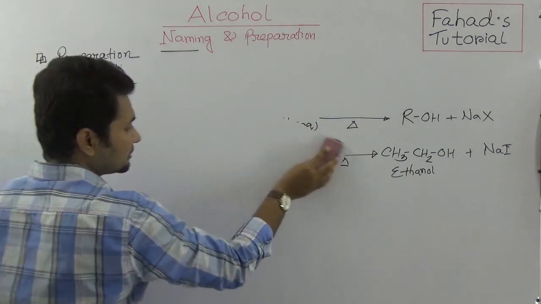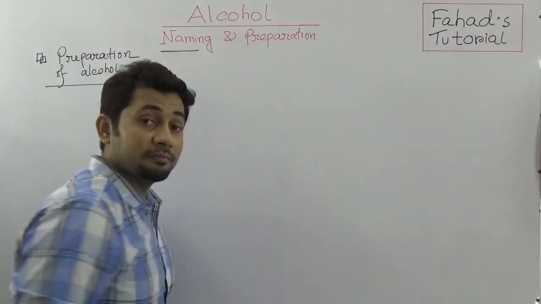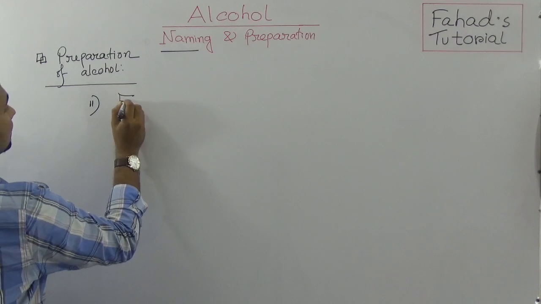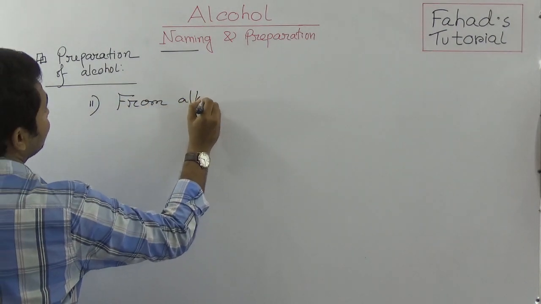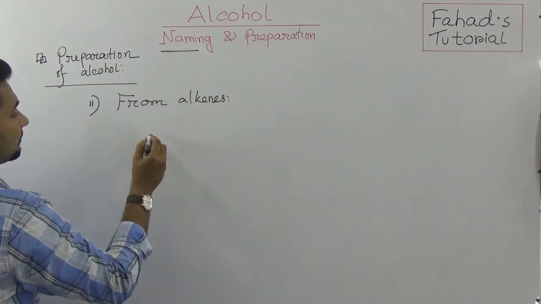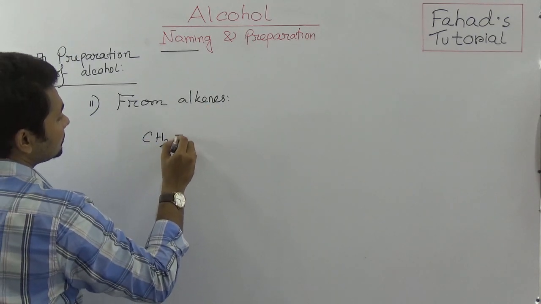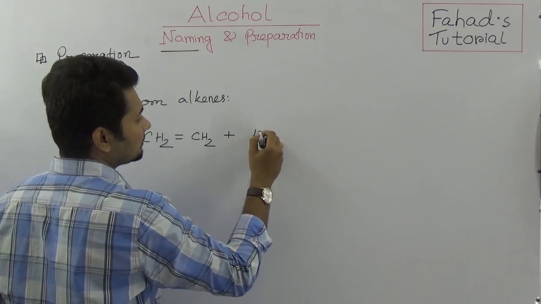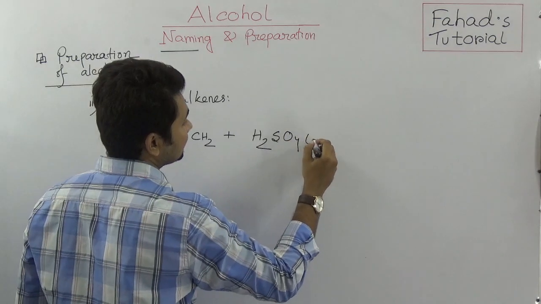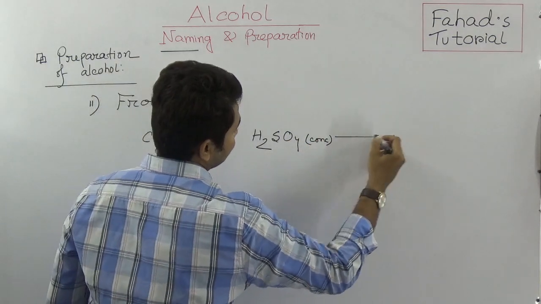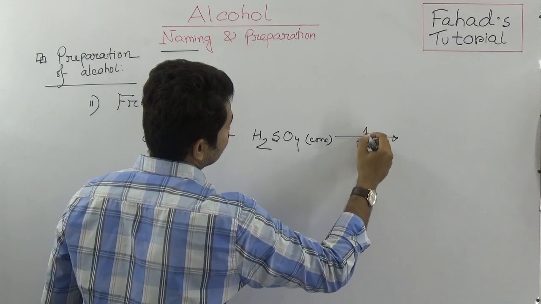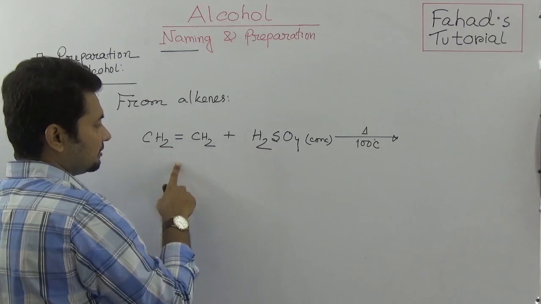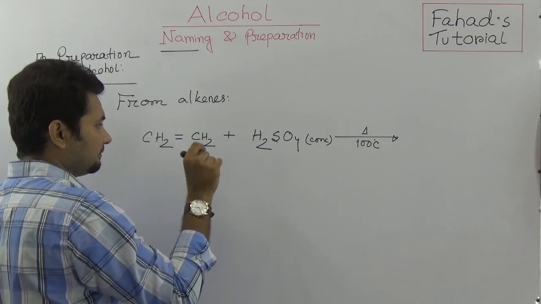Second thing is that we also can produce alcohol from alkene. So second is from alkene. How come? We can see that CH2 double bond CH2 is reacting with concentrated sulfuric acid at 100 degrees Celsius. Then what will happen? According to the Markovnikov, that is the next part, but I'm just giving you a simple idea that